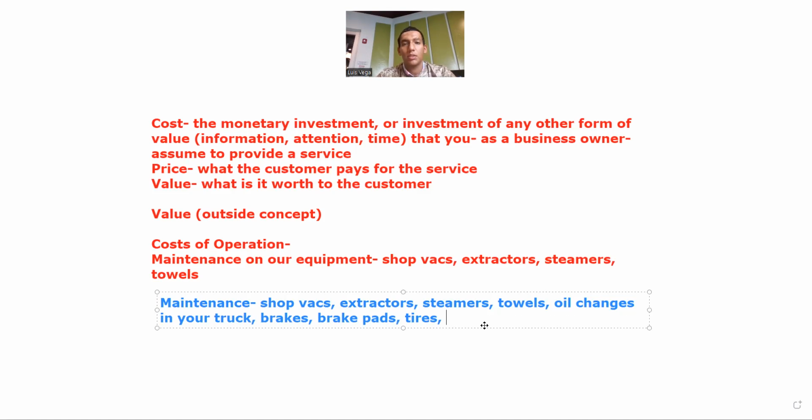This isn't something that just magically gets taken care of because we decided that we wanted to detail and now our vehicle is just going to perfectly run. No, you're going to have those days where you're going to be going to a job and your trailer might have a blowout. And it's happened to me. That's a perfect example because I was on my way out to a job and my trailer just had a blowout. The tire was blown up all the way. It's just because it had too much weight for those tires. I should have been using different tires, and that was my mistake.